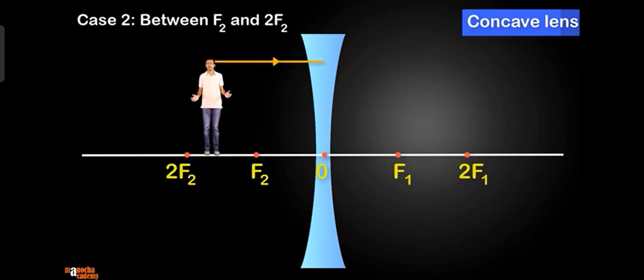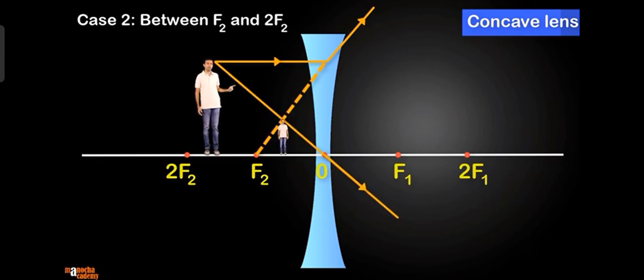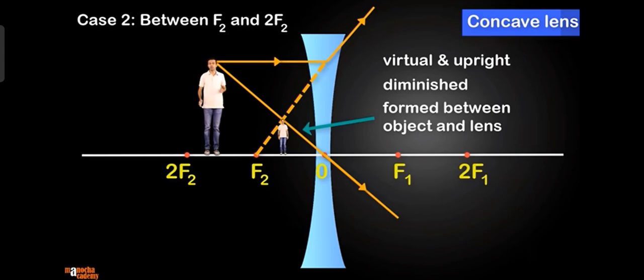If you draw the ray diagram, can you see that we get the image having the similar properties? The image is virtual and upright. The image is diminished and it's formed between the object and the lens. In fact, the concave lens is the easy one in the syllabus because no matter where the object is placed, the image properties will always be the same. But remember, the convex lens had many different cases based on the location of the object. Now that we are done with the topic,